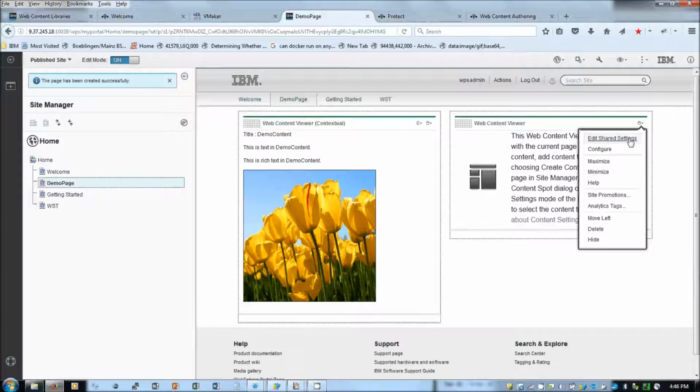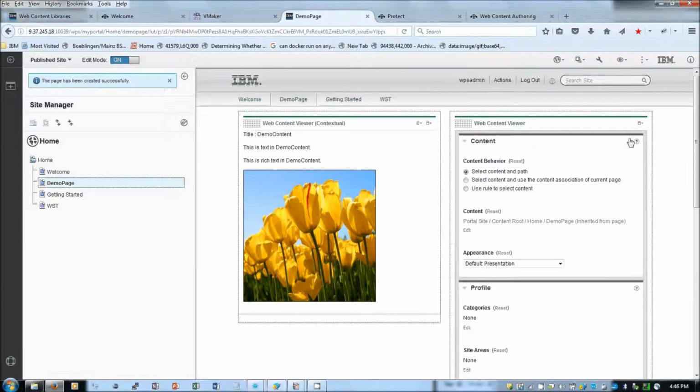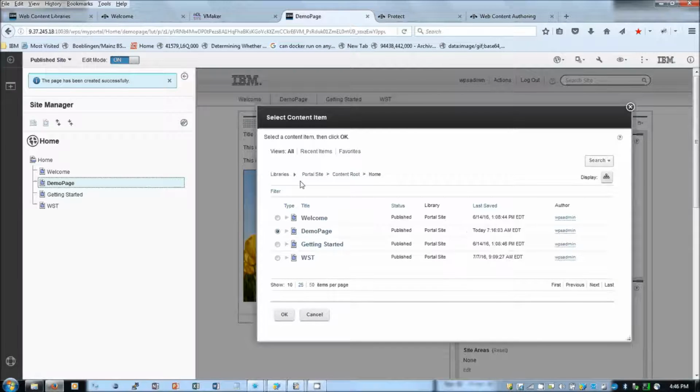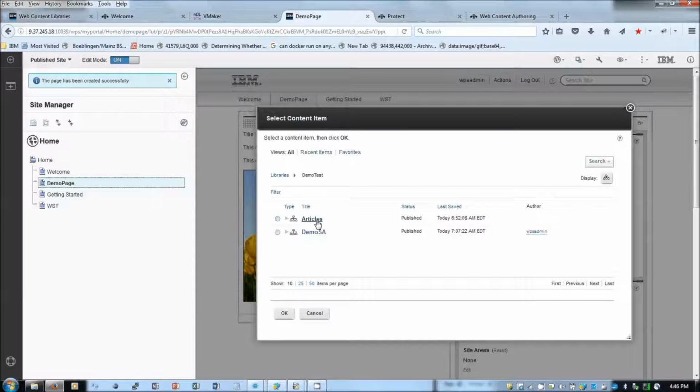So I'm clicking on this edit shared settings and then I'm going to select another content. That is the default content that got created when I was creating the library. I'm selecting articles and then I'm selecting sample article.